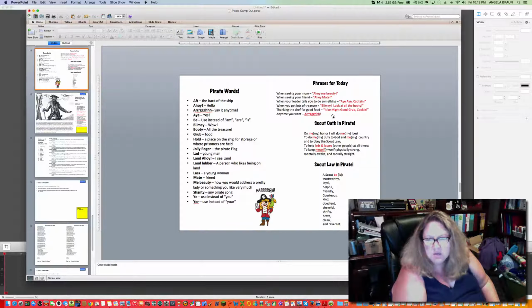On me honor, I will do me best, to do me duty to God and me country, to obey the Scout Law, to help the lad and lasses at all times and keep myself physically strong, mentally awake, and morally straight. So anyway, that's a little bit of play to help them try to make it fun to learn the